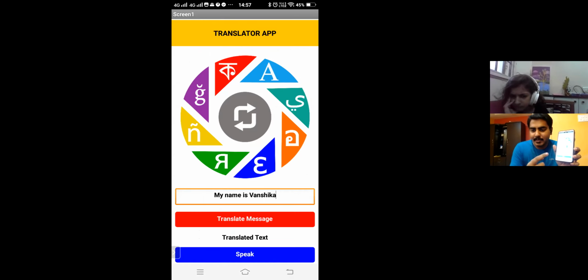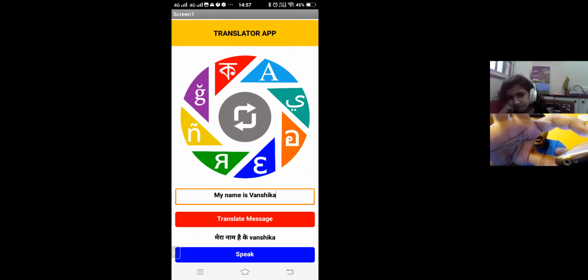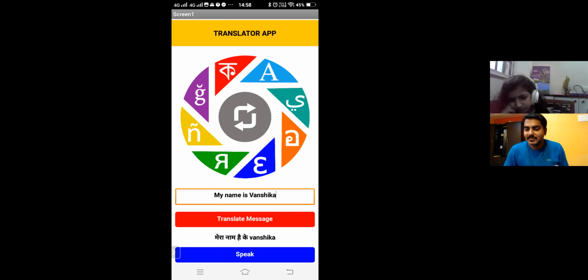Now I'm going to click the translate message button. Once I click it, see there, your name is there in Hindi. And another thing, now I'm going to make my phone itself speak in Hindi. I'm just going to hold it near the camera so that you will be able to hear the audio. मेरा नाम है कि वंशिका. Did you hear that?